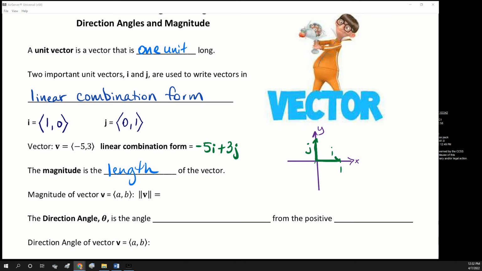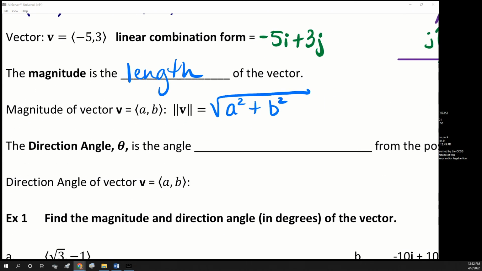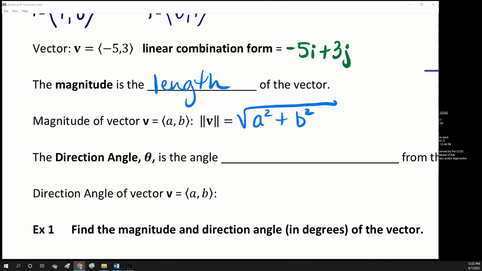Okay, so to find the length or the magnitude of a vector, it's basically the Pythagorean theorem. So it's going to be the square root of a squared plus b squared. All right, and then to find the direction angle, we're going to use that same formula we used when we were doing the polar coordinates to find the angle. The direction angle is the angle